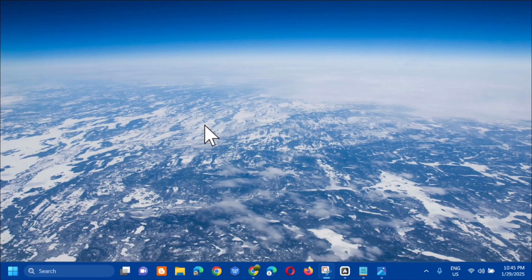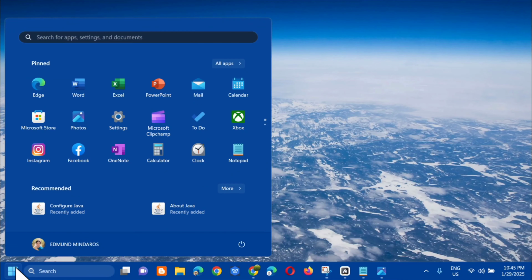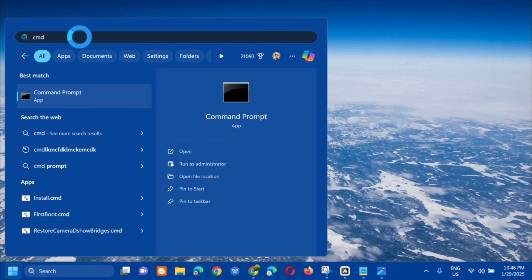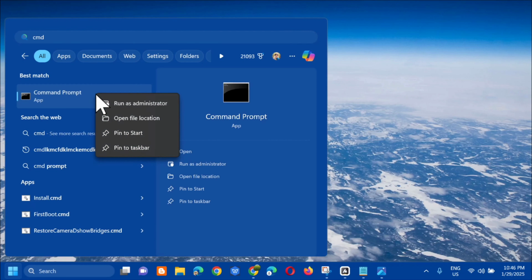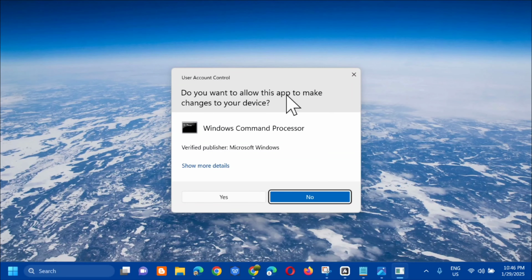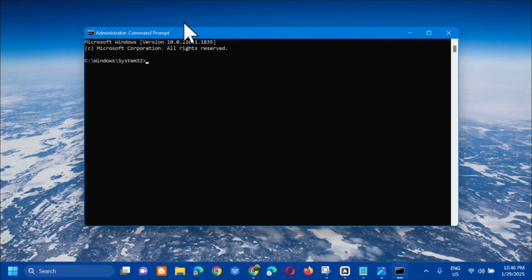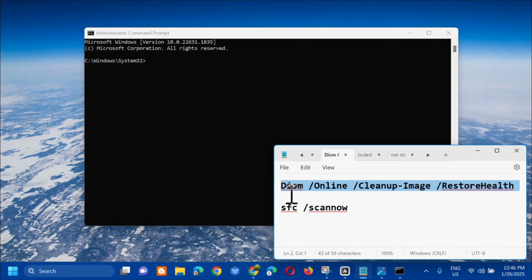Kung paano ba yan natin gawin, all you have to do is to open up again the search menu. And dito sa search for apps, type mo lang dito yung CMD, or ito yung tinatawag na Command Prompt, and then kailangan mo lang mag-right click and select mo lang dito yung Run as administrator. If you receive User Account Control, itap mo lang dito yung Yes. And once na-open mo na itong administrator Command Prompt, ang next step ay kailangan mo lang i-enter dito yung command